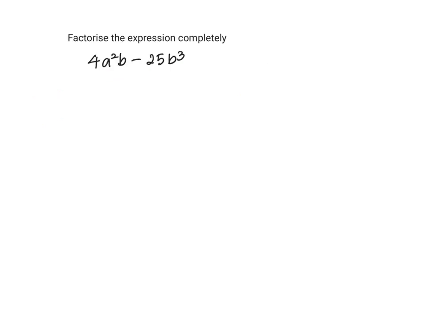Okay, factorize the following expression completely. Let's take a look. I have 2 terms and this is a minus sign, so maybe I can think of using my special product. But let's take a look. 4 is actually 2 squared, a squared. But then there's a b, and b cannot be square rooted. And here there's also another b. So what we can do is factorize out the common factor first, and in this case the common factor is b. Then we will be able to get